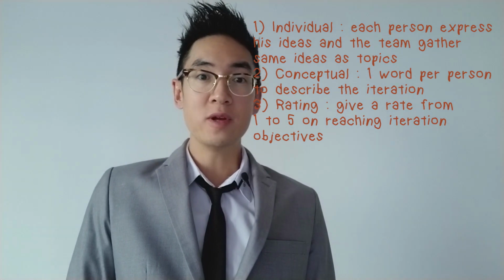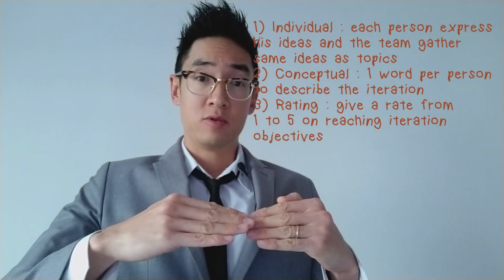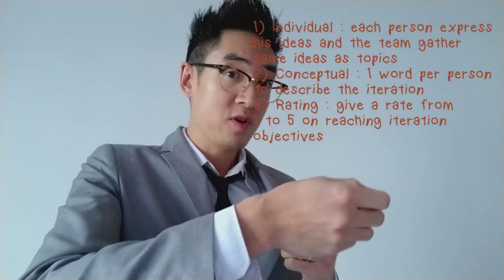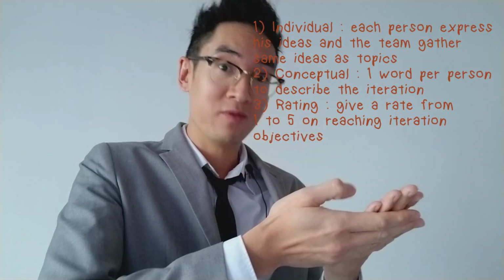Of course, if the rating is very low, the team has to identify improvements for the next iteration in order to improve this rating. Maybe during the retrospective, some off-topic subjects will be discussed, such as architecture problems or deployment problems or design problems. For all these details, you have to set up another meeting. In this retrospective, you have to identify improvements for the next iteration.